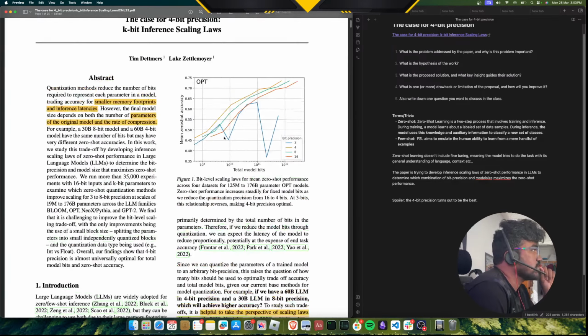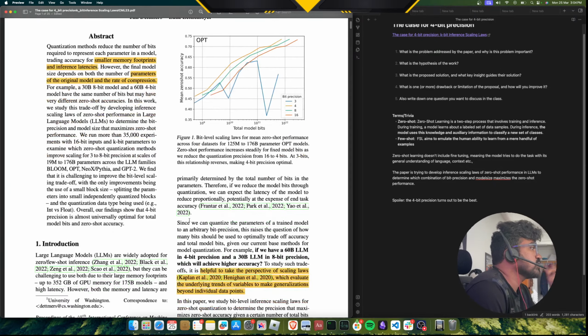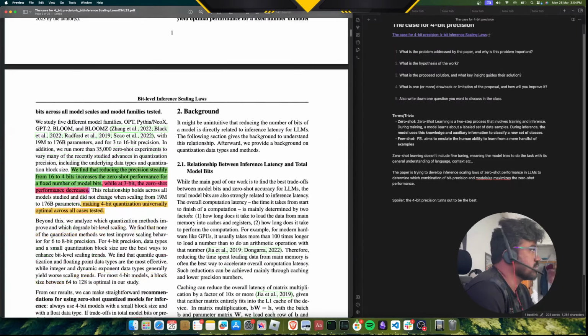So I think that's what they're saying. Looking at total model bits and accuracy, with 16-bit accuracy kept increasing as precision dropped. The 4-bit has the highest accuracy for all the quantizations at any point, but the 3-bit is not high, and it's fluctuating. So this is for OPT, leading 4-bit precision to be the best precision.